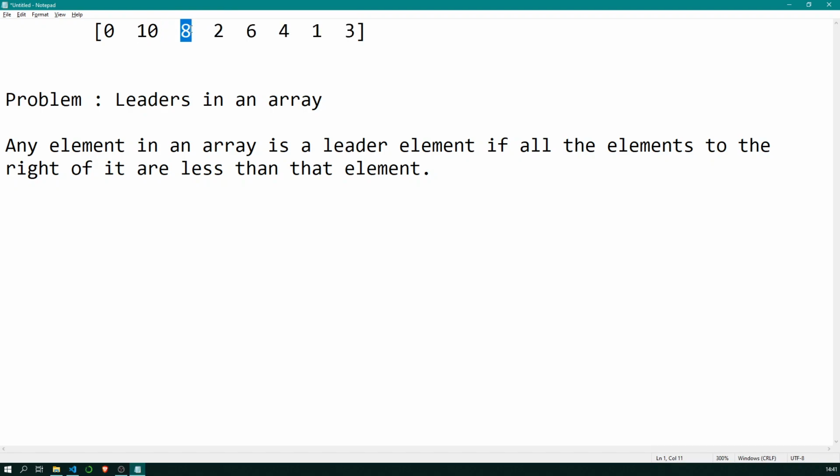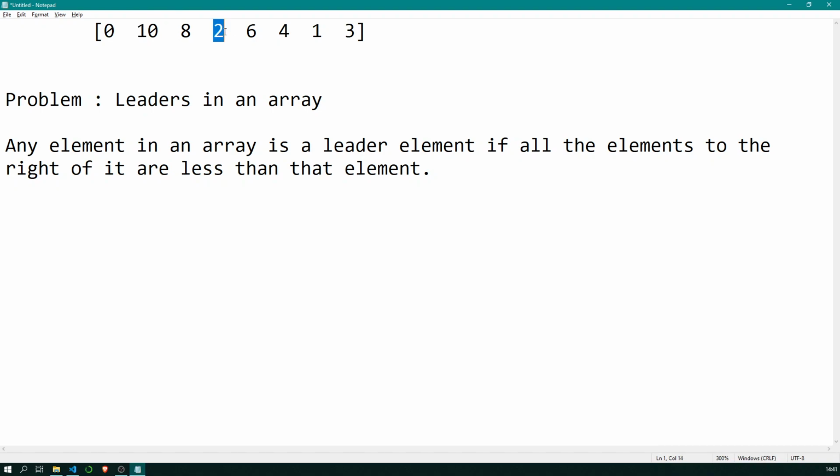Yes, it is, because all the elements to the right of 8 are less than it. It doesn't matter what the elements to the left of it are, greater or less. What completely matters is, are the elements to the right of it less than it? That's it. So yes, 8 is a leader element, 10 is a leader element.